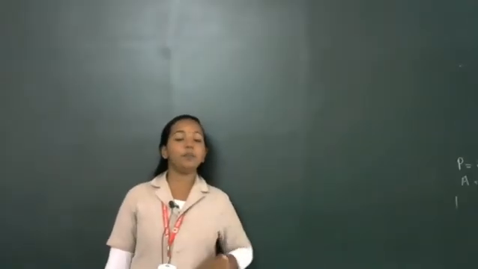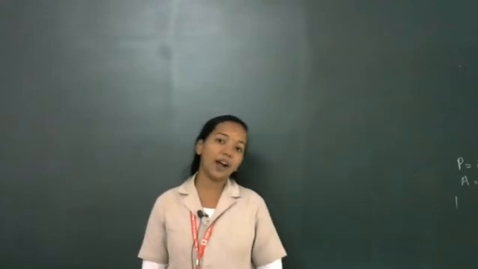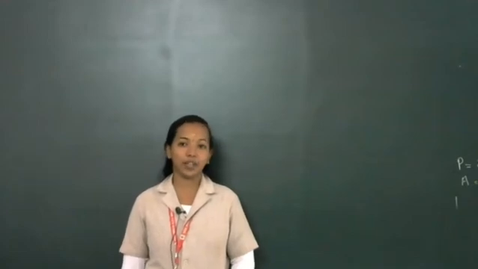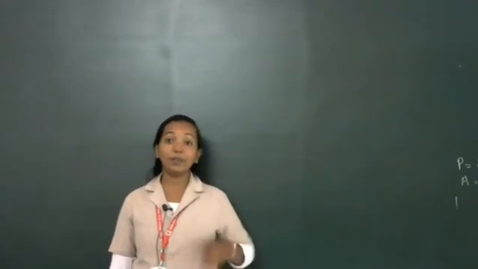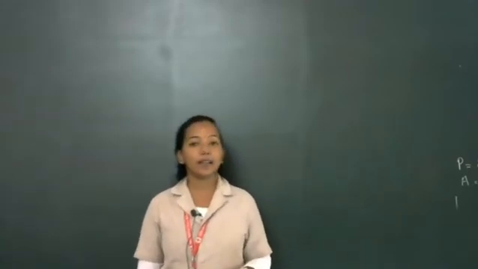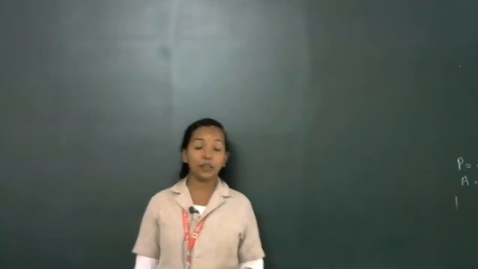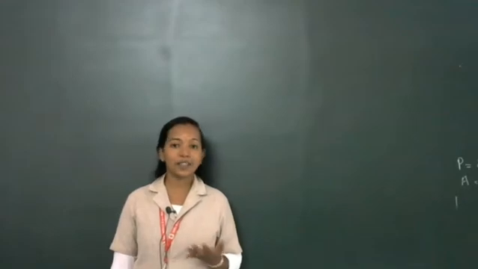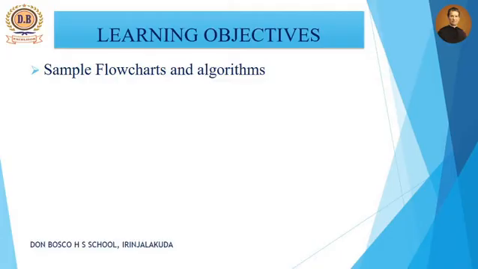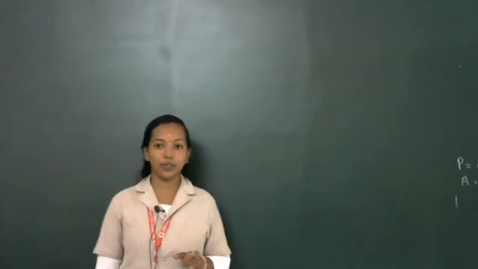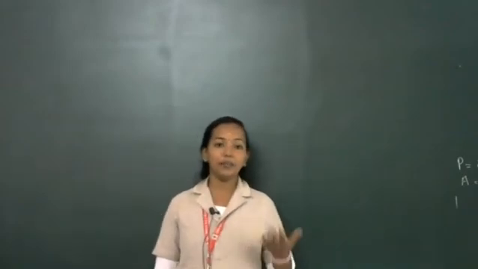Okay, so our second step in the phases of programming, once you have identified the problem, was preparation of algorithm and flowchart. We discussed the theoretical aspects of algorithm and flowchart. Next we are going to start the practical section: how we create an algorithm or draw a flowchart for solving a particular problem. In this video we are going to discuss sample flowchart and algorithm preparation. Three sample algorithms and flowcharts we are going to discuss, so I am going to explain the first one.